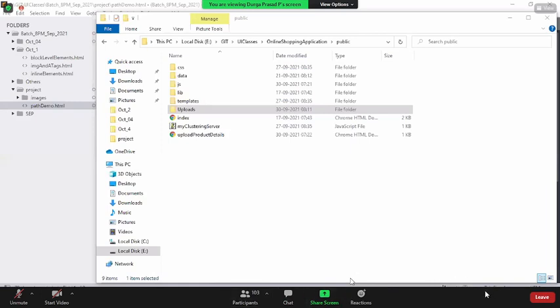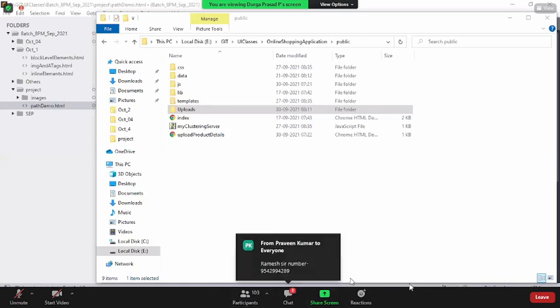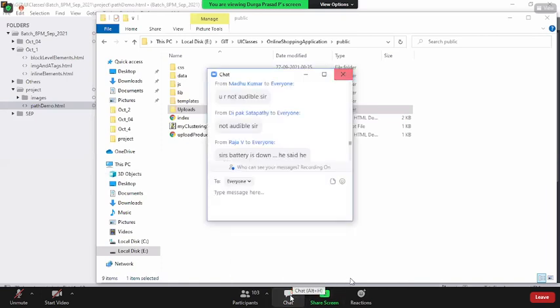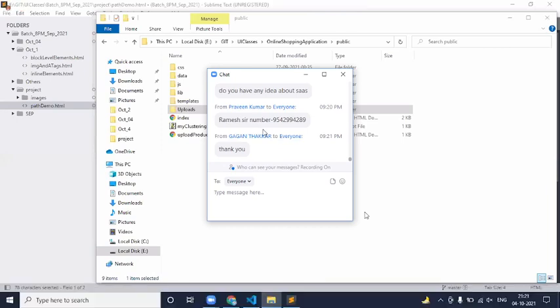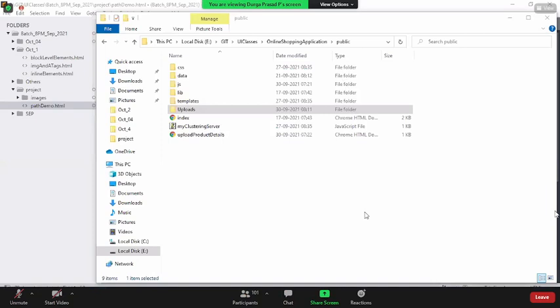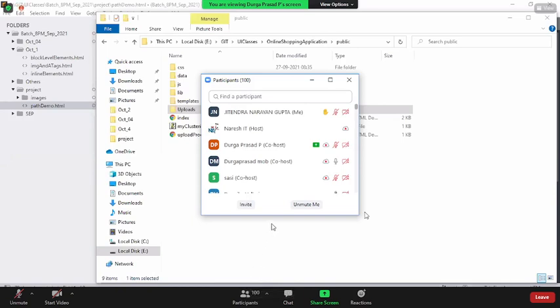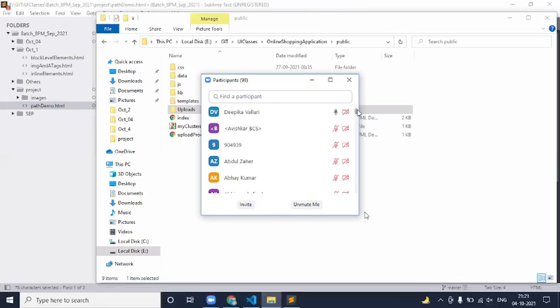Yes, please go ahead, ma'am. Sir, when I'm installing Angular, I'm getting this problem: NG is not recognized as an internal or external command. Come on, Deepika, you're asking the Angular questions over here itself. Okay, have you installed the Angular CLI? Yes, I've installed it, sir. The problem is resolved when I do it in the D drive, but when I do it in the C drive, it shows this problem. Why? I just wanted to know this.